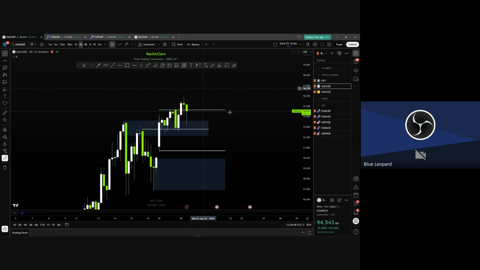A broken ECR is also valid to be considered. You could even ignore this one if you wanted, because some brokers will print candles a little bit weird, but this is just as important as this one.